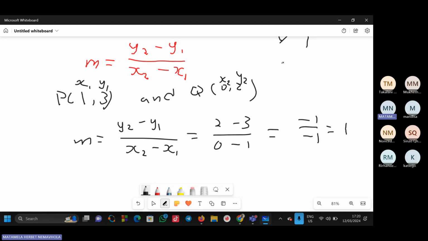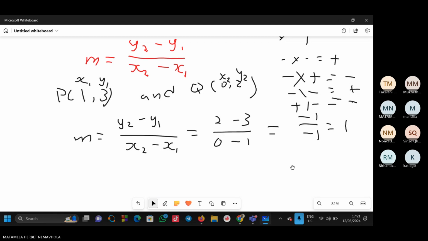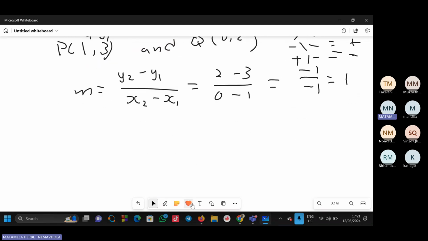So remember, negative times negative equals positive, negative multiplied by positive equals negative, negative divided by negative equals positive, and positive divided by negative equals negative. You must remember these kinds of sign rules. So now we found that our m